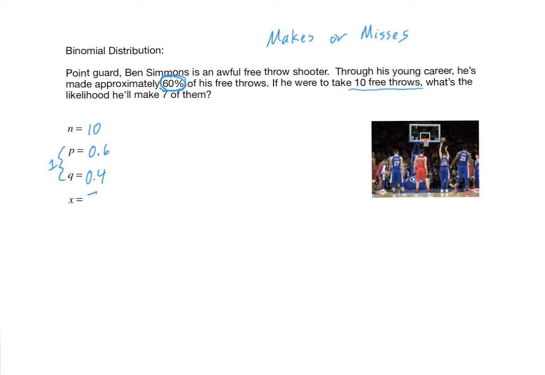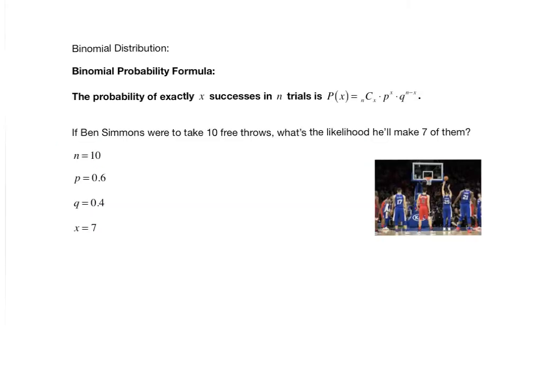Notice that I assigned the probability of making it to be P. You could have technically done that as Q, it really doesn't actually matter. There is no judgment about what's successful and what's not. However, I consider make being the success and missing being the failure, hence the reason the 60% is here and the 40% is here. Now that we have the values of the variables, which you can see here,